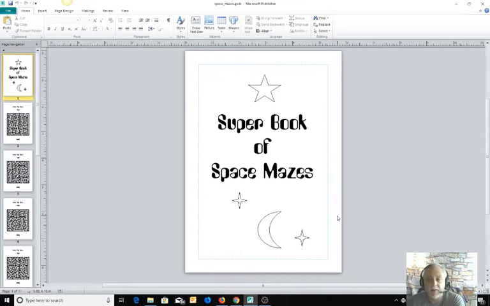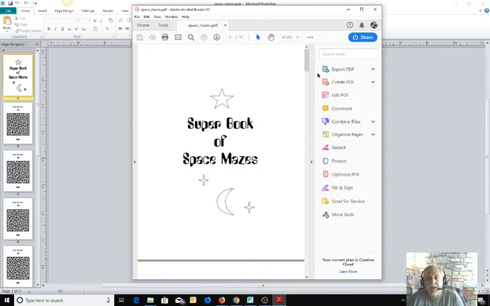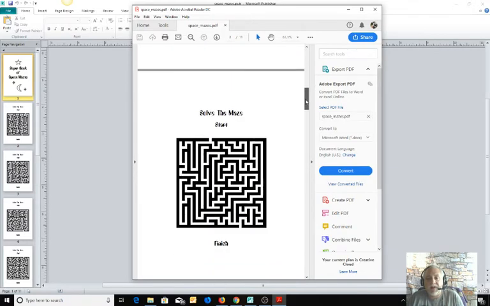Okay, here it goes. Just give it a minute. After it's done creating the document, it will open the document, or it should for us. If not, I'll go look for it in a minute. But let's give it a minute to do what it's got to do. So it created the document, and it is opening it in Adobe Acrobat Reader. And here I have this cool PDF document